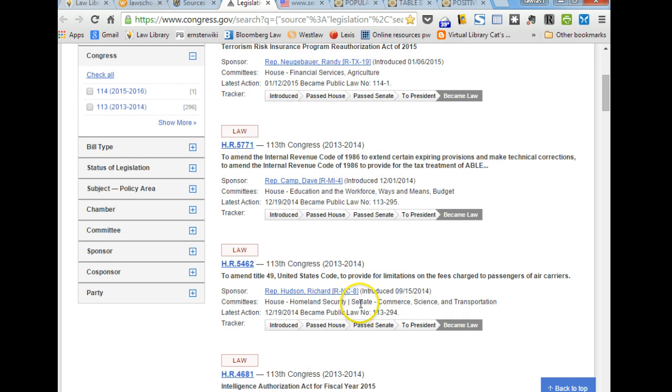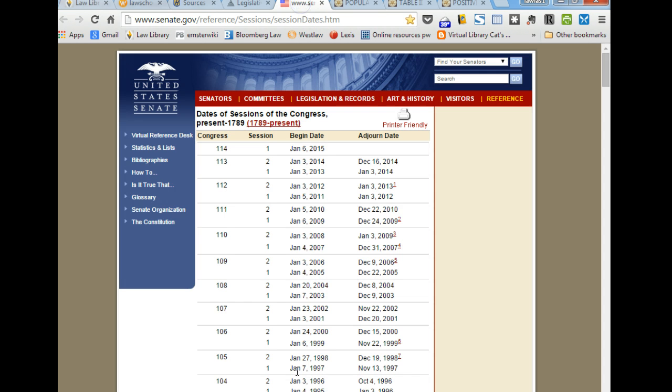And that's not an important fact for you to know. That's just to help you understand the concept of a 2-year Congress and that the 2-year Congress is numbered. Another way to understand that